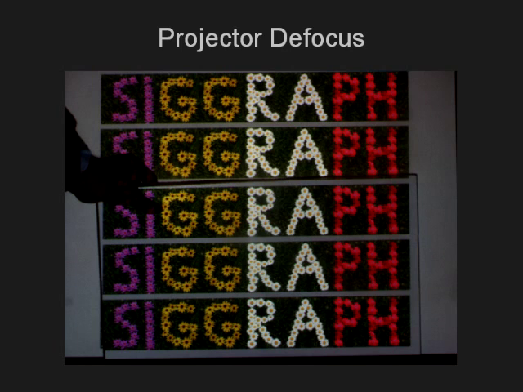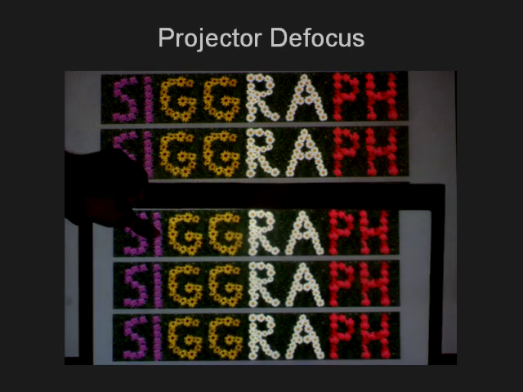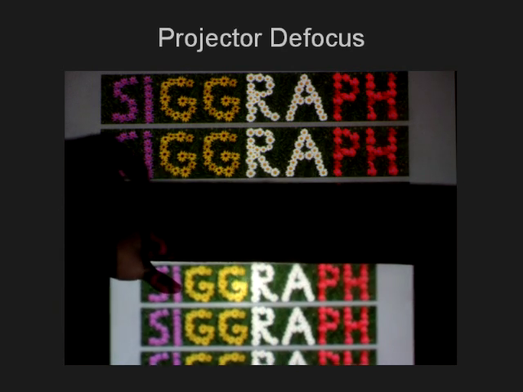Projectors are designed to create bright, focused images on a single fronto-parallel plane. As a result, they have large apertures and narrow depth of fields compared to cameras. In this video, we see the projected image going out of focus as we move the board from the screen